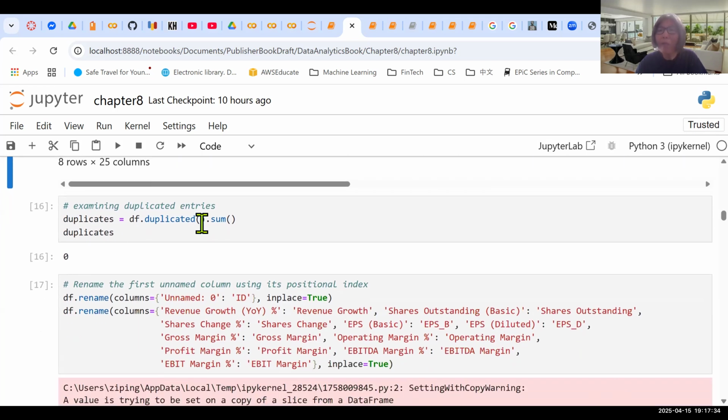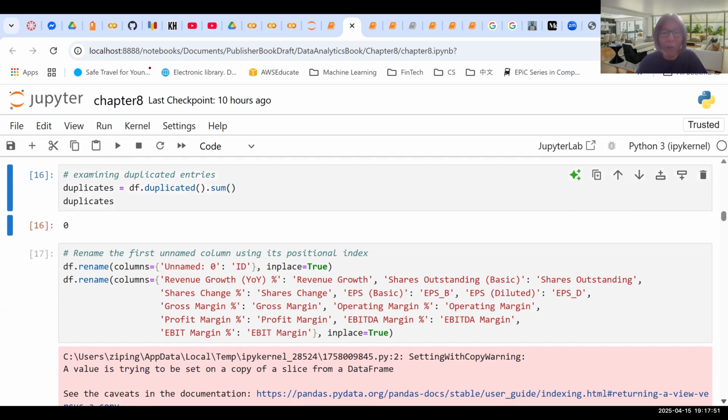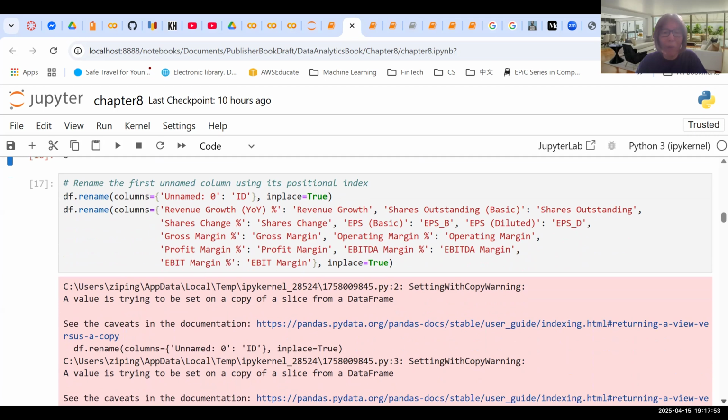And generally speaking, for data cleaning, you also want to check if there are a lot of duplicate values. So we also examine duplicate entries, and we can see there are no duplicates. Okay. So regarding duplicates, we don't need to worry. Also, if you take another close look at the column names, you will find they are kind of not